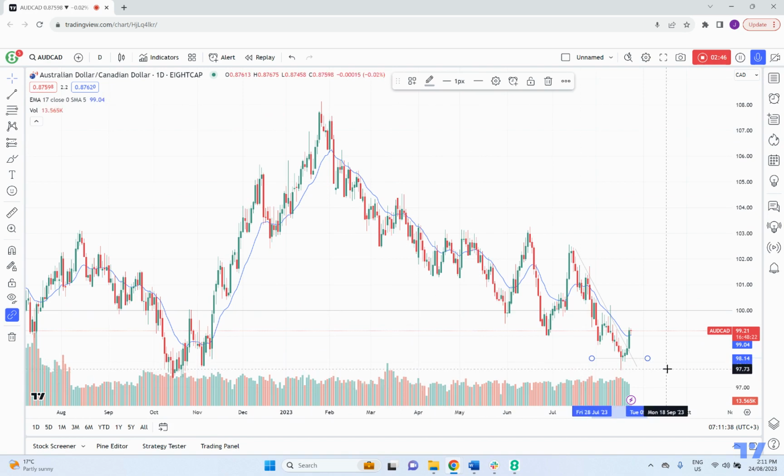Fundamental wise, I think a lot will come down to whether we continue to see the CAD weaken, and oil will be a factor for that, as it does rely a little bit on oil as a driver. I don't think it's one for one at the moment, but oil is definitely a pretty key driver for the Canadian dollar. And so what we'd like to see is the Aussie continue to fight back, and if the Canadian continues to trade south,